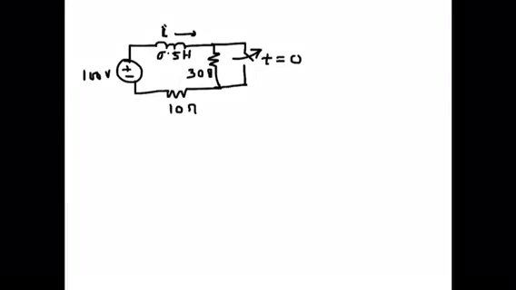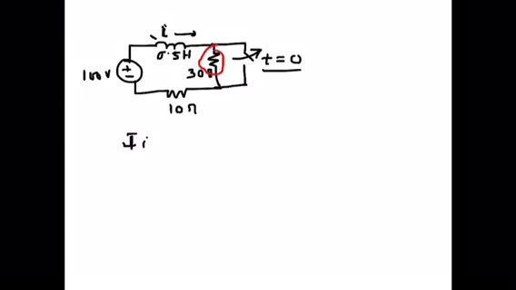So in this circuit, this switch opens at t equal to 0. We need to find the expression for this transient current through the inductance. Now before t equal to 0, this switch was closed, so of course this resistance, 30 ohms, was shorted out. So the steady state current before the switch was opened was something like